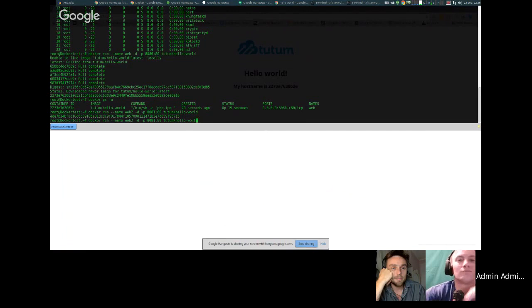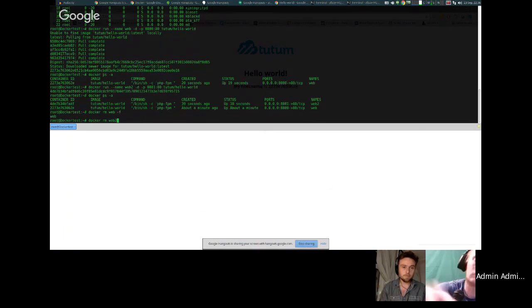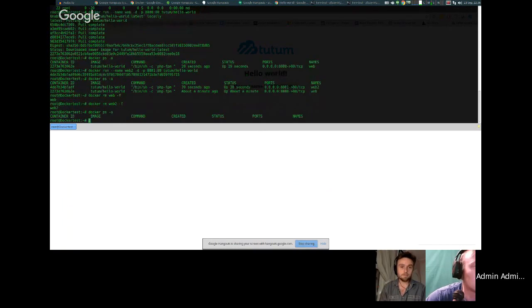So if I do a docker ps, it will show me those 2 things. And then to kill them, I can remove them really quick as well. So I can go docker rm, the name of them. I think I called one web, with -f for it, and it removes it. And then web 2, removes it again. So if I do ps again, I've got no Dockers running on my machine at all, and now they've gone completely. So that's how quickly you can import 2 Hello Worlds on a DigitalOcean box,